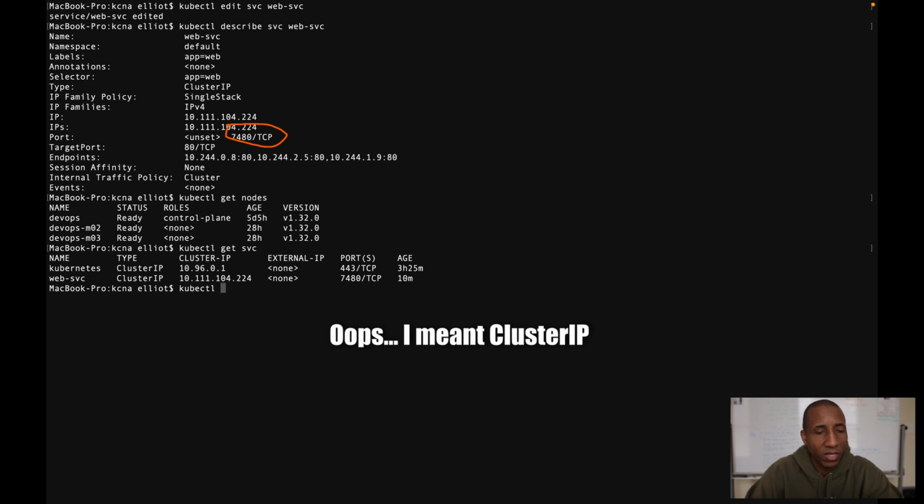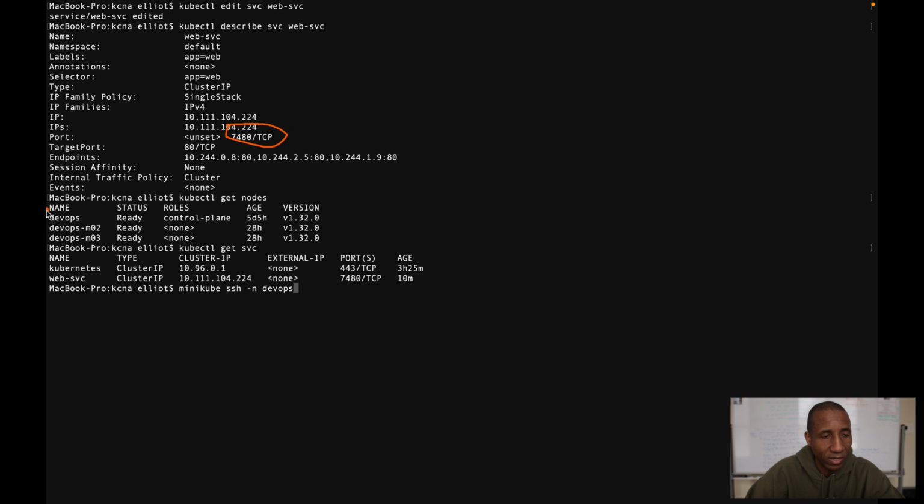So minikube SSH, and we're going to go into, let's just pick one at random. Let's pick the DevOps node, which is our control plane node, as you guys see right here. The DevOps node is our control plane node. So we're going to go into our control plane node